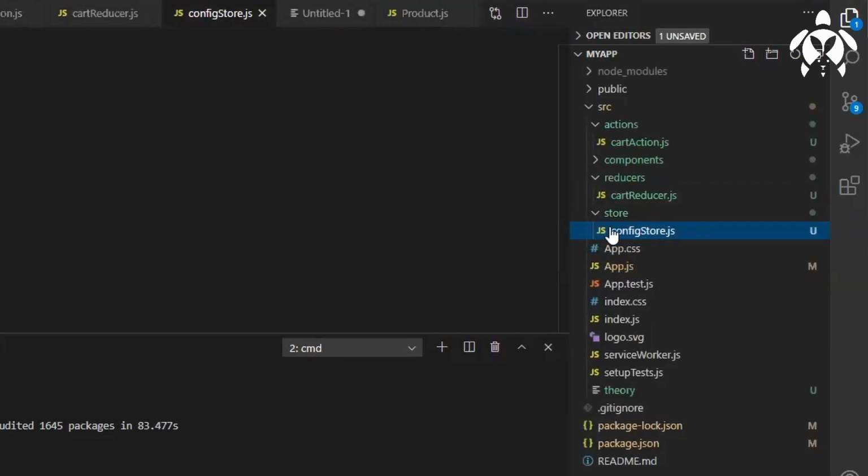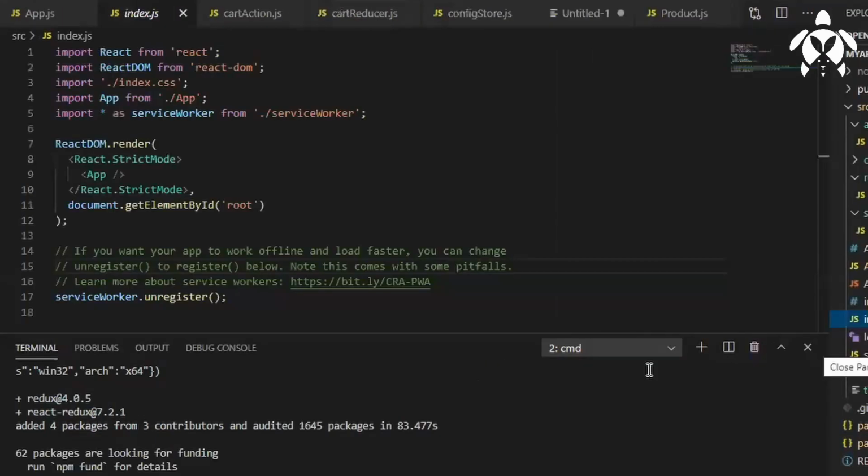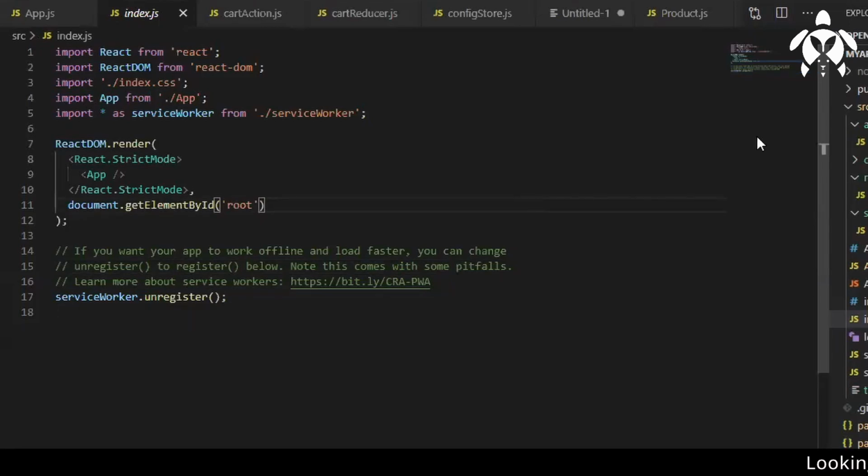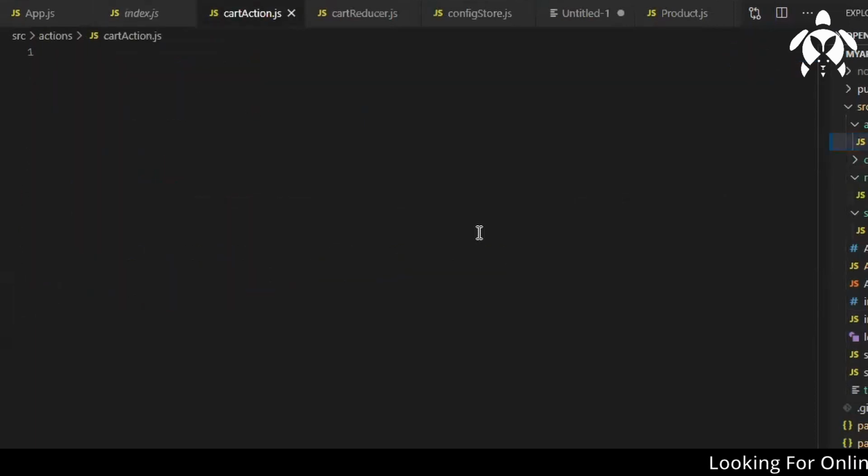So now we'll start with action. Or let's do one thing. As we have installed React Redux, let me come back to the store later, because I have not created the reducer itself, so I'll not come here. So I'll go to cart action. Here I'll create the action.